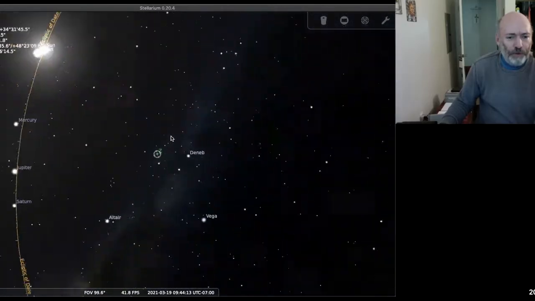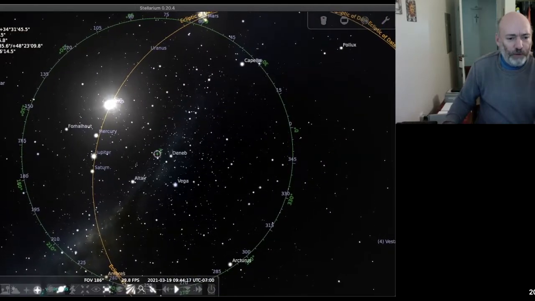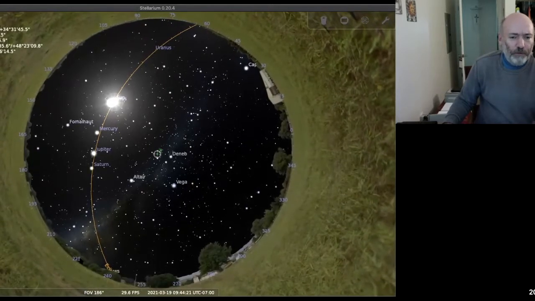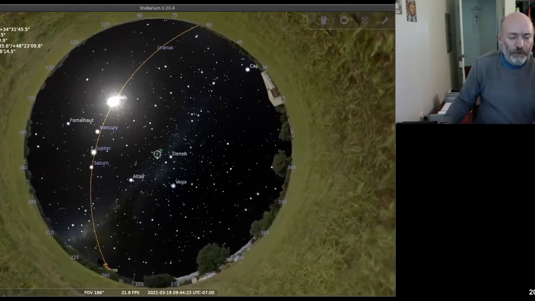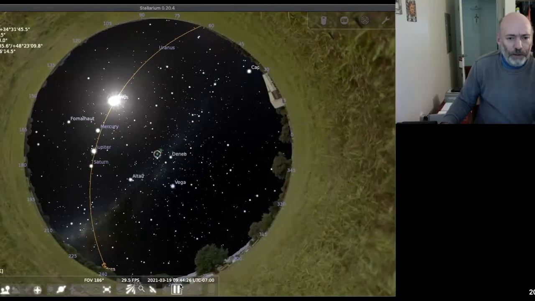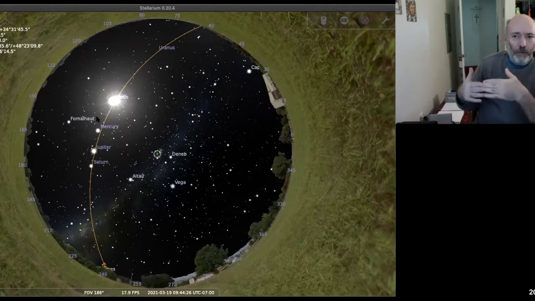And now if I go back and turn the ground back on, what I end up with is what's known as a star chart. Let me stop time so it stops spinning. I'm only using the ground here to blot out everything that we can't see. If we were to lay on our back and look straight up at the zenith, we would see everything from